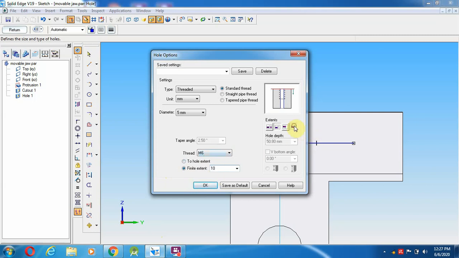Then here the length is 13 mm, and the V bottom angle. I am going to give the V bottom angle. Usually your V bottom angle is 90 degrees, and other than this it's almost okay.